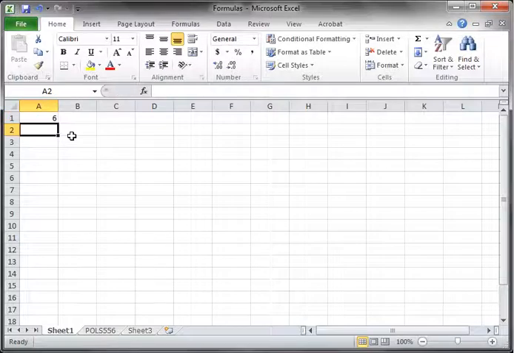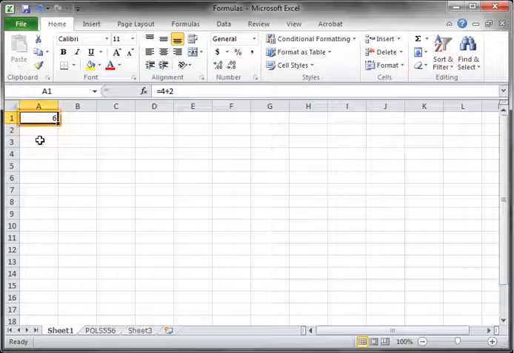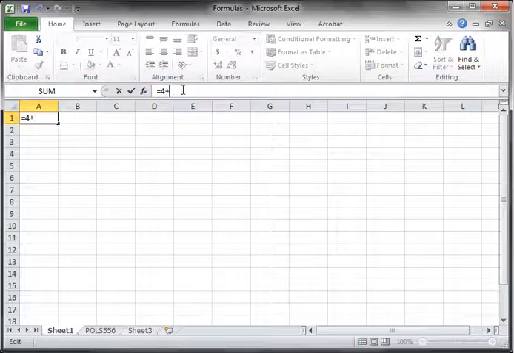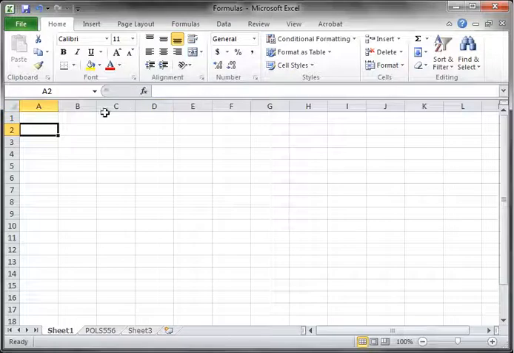press enter. Now if we highlight cell A1 again where we just entered our formula, notice that the result of that mathematical operation 4 plus 2 is what is displayed in cell A1. But if we look up in the formula bar, we see the actual formula that was entered into the cell, equal 4 plus 2. Now what would happen if instead of entering equal 4 plus 2, we forgot the equal